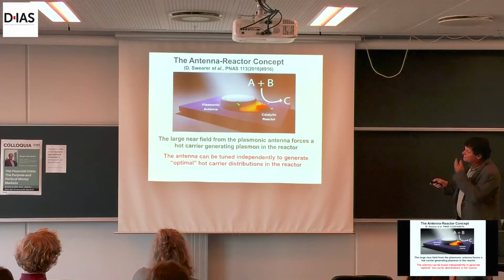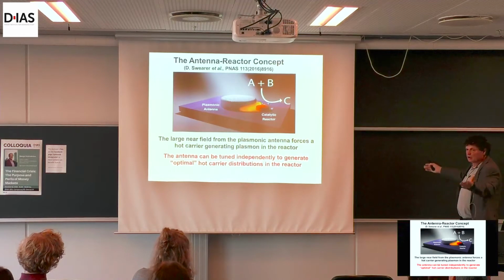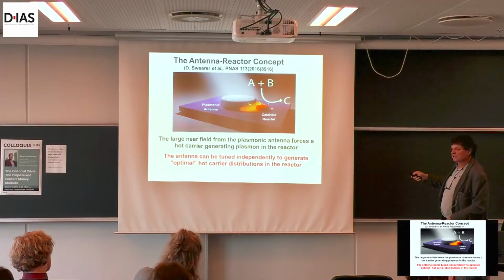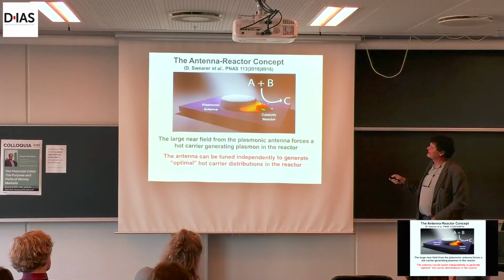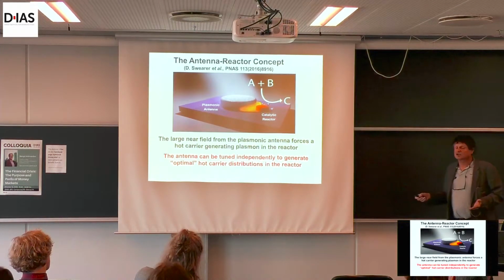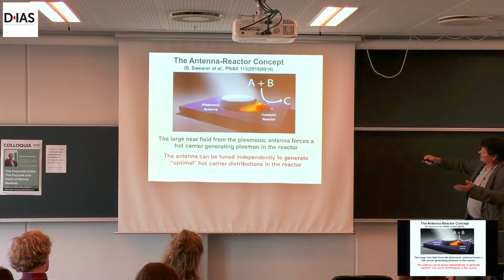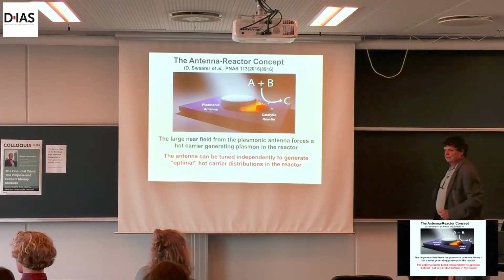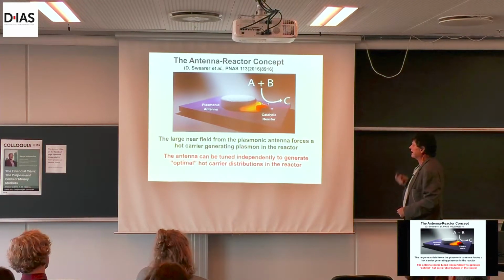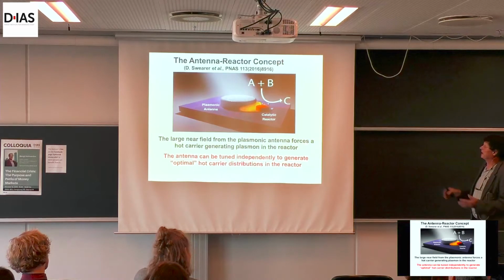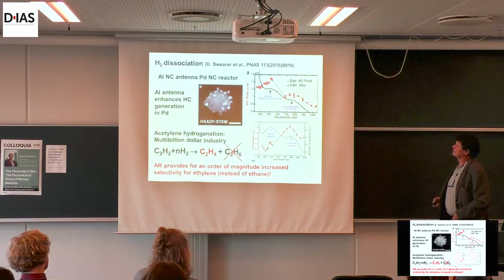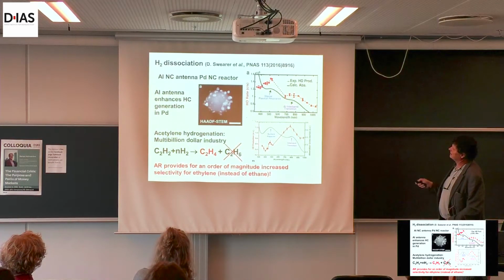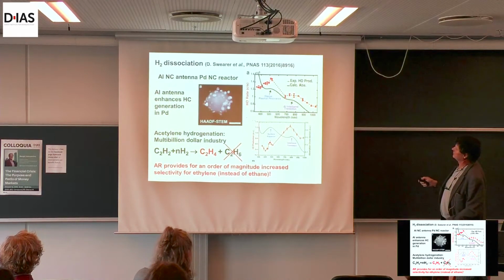So the idea is this. You build a plasmonic antenna with this enormous cross-section. That plasmonic antenna is going to generate a large local near field. Okay? So if in this near field now we put a catalytic reactor, then the light harvesting purposes of that plasmonic antenna is going to focus light into the transition metal reactor. So you can tune this concept independently and you can do catalysis. So here was the first. Again, I'm going at record pace here. I can take any questions.